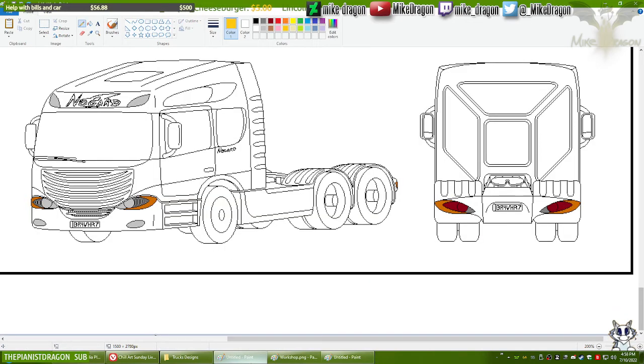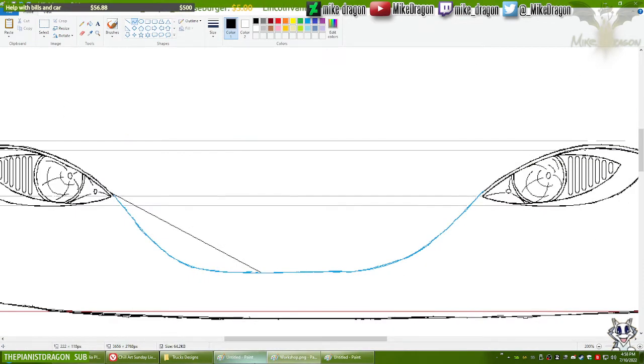Oh, you know what? Try and make the bottom of this thing a little rounder. Bottom.